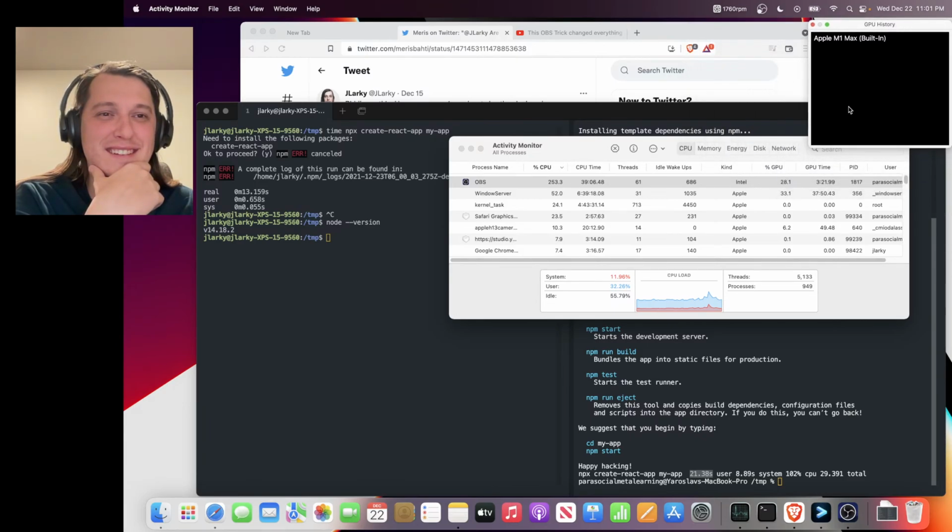So I was wondering if OBS is only using CPU or if it's also using GPU. So yeah, it doesn't have absolute values. I don't know what that means, but I guess it's using something. Anyway, that's not really relevant. I just wanted to share that